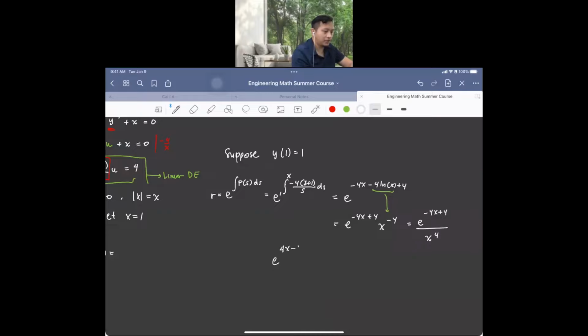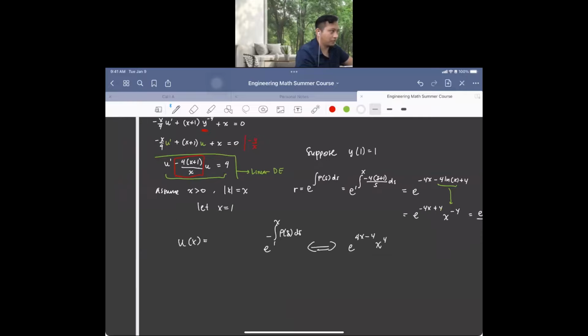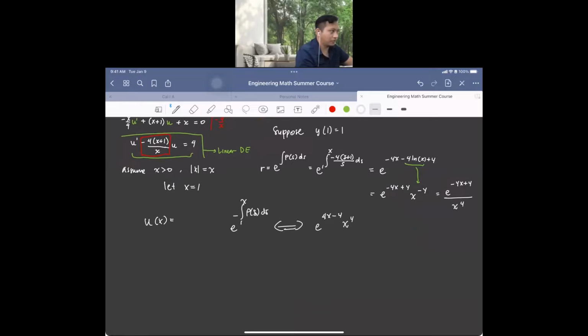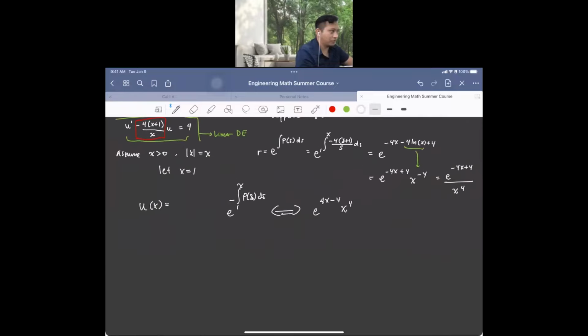That we may have 4x minus 4x with power of 4. This is from the e negative 1x p of x dx. I think the example is not really perfect and ideal, but let me just write here e